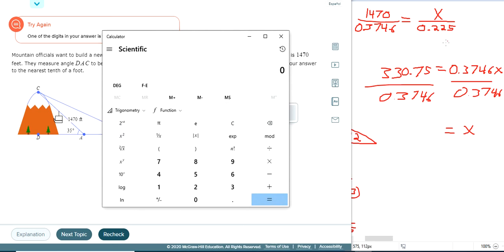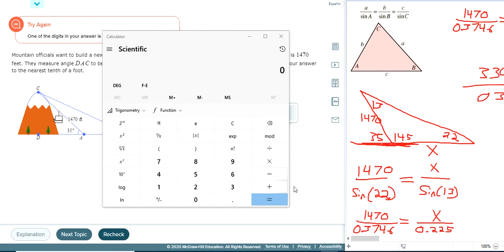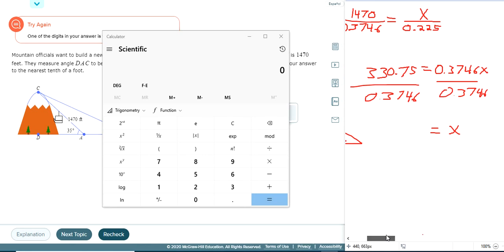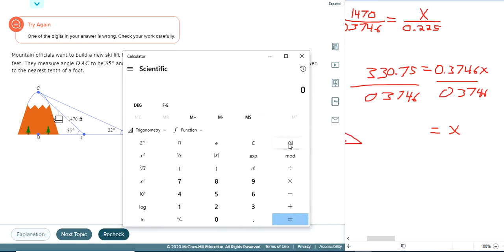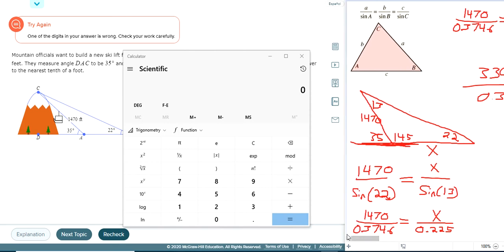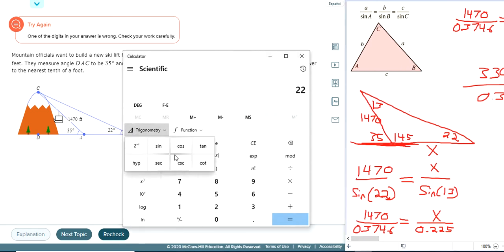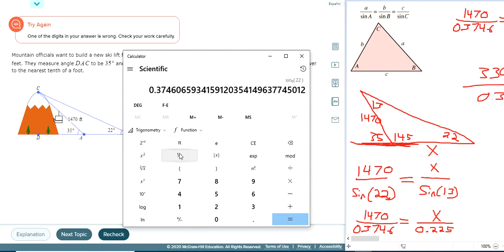Let's see if we, this could be a rounding issue. Let's carry out those decimals a little bit more. We had, no, I don't think it would be because it was to the tenth. One of the digits. So that means we're close. Man, what happened? I don't think carrying out the decimals is going to change, but let me just do that. Sine of 22. If I carry out the decimals,